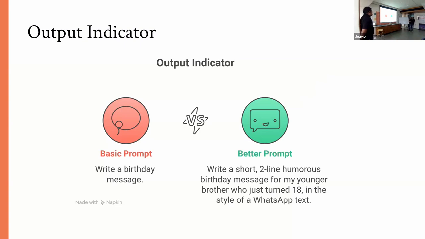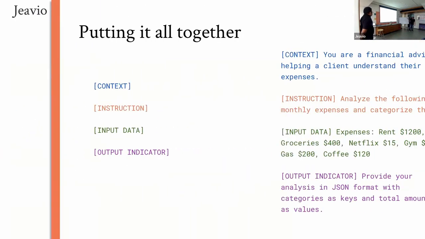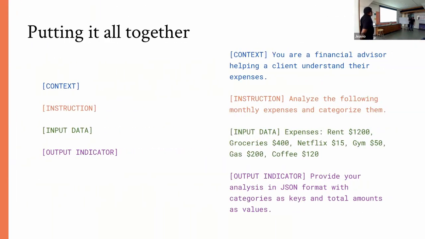So taking all into consideration, this is the one prompt that can cover all the things we use to construct a prompt. So start with the context. This is the base of how you want the LLM to respond. I have a problem statement where I want advice from the LLM to plan my expenses better. So you set the context right. You say that you are a financial advisor and you want to help me with my expense plan.